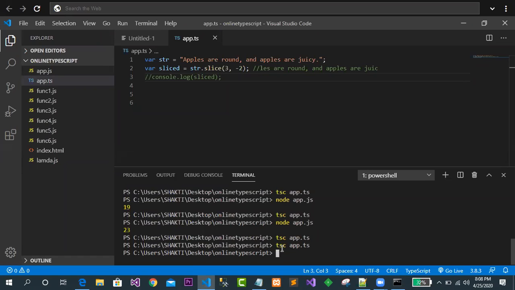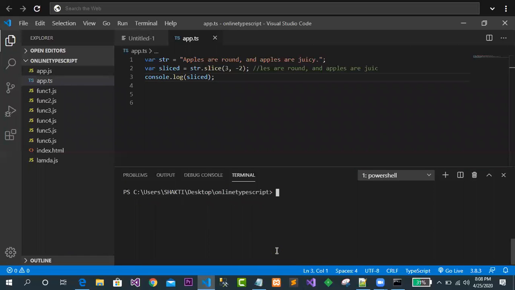In this case, let me compile the program again. tsc app.ts. Now let me clear here first. I will run it. How will I run it? node app.js. Look.